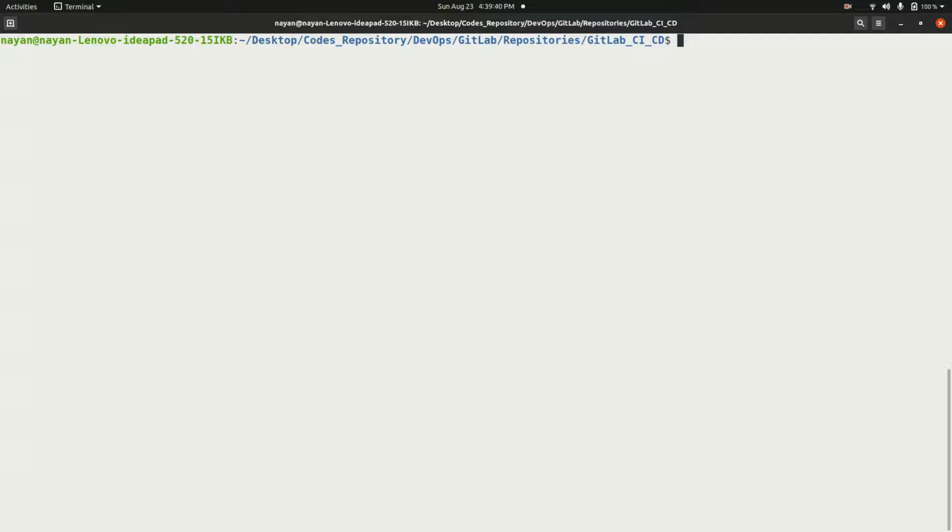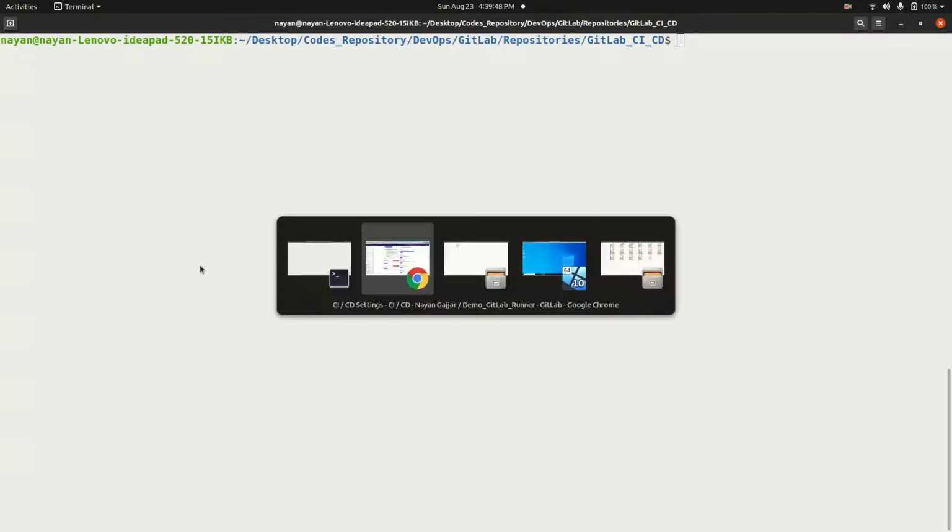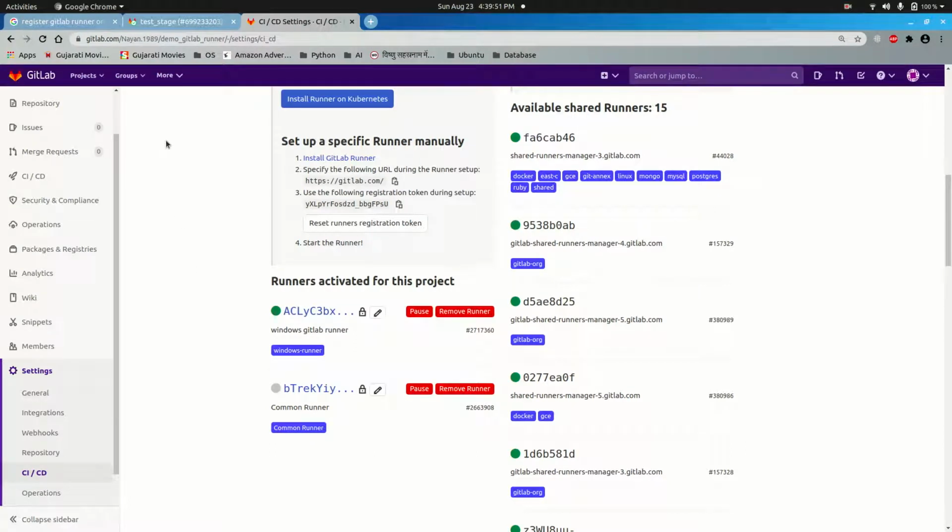First of all, I need to have a project to deploy the CI/CD pipeline. So we will confirm it first. As you can see from my UI, I already have a project by the name of demo GitLab runner. Second thing that I will need is code to be executed with the help of the CI/CD pipeline on the target machine. For that, I will write a .bat file, as we are going to deploy on a Windows target machine.